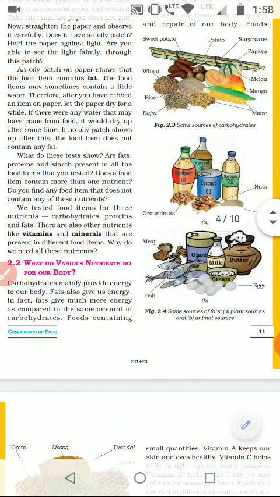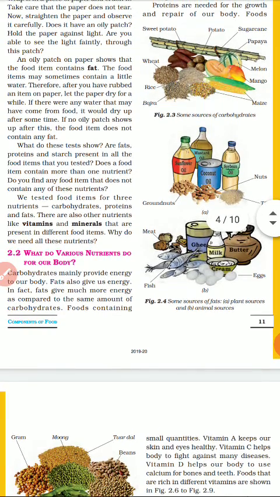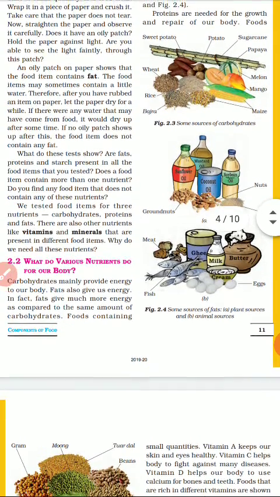Now food contains carbohydrates, proteins and fats, the three major components. It also contains vitamins and minerals. Vitamins and minerals are also equally important. They are required in very small quantity inside our body, but they help to keep the enzymes of our body active, and that's why vitamins and minerals are equally important, like proteins, carbohydrates and fats.